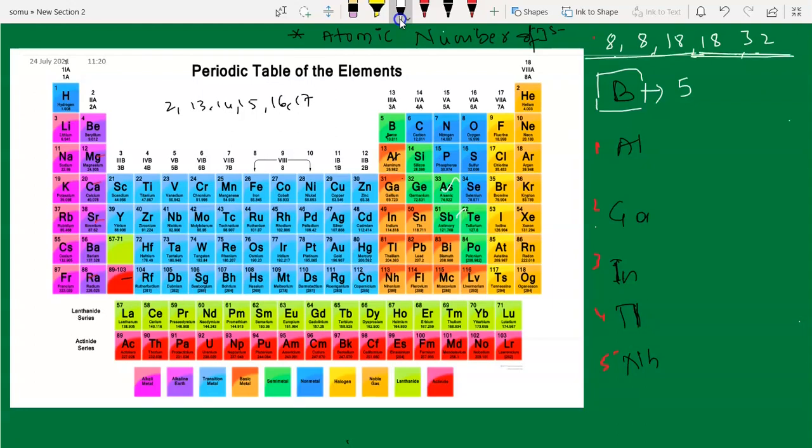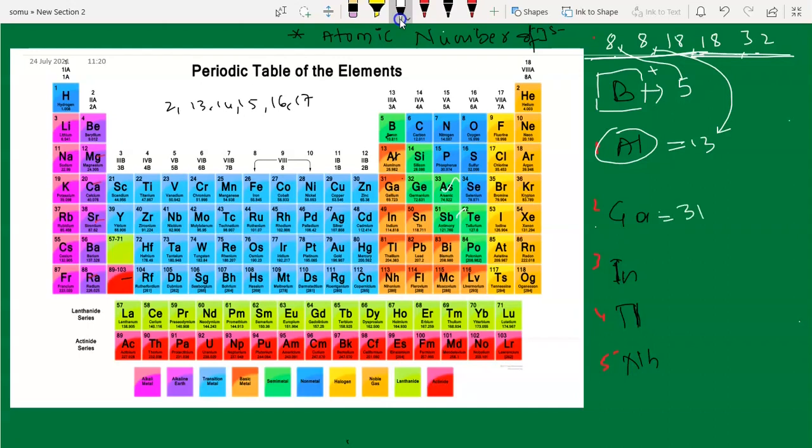Okay, my magical code: 8, 8, 18. Now if you want to find out aluminium, what do we have to do? First add this. I told you, the first element has to be added with the previous element. So 5 plus 8, you will get 13. Now to get this, add the next code to that 13. You will get this. I hope you understood.